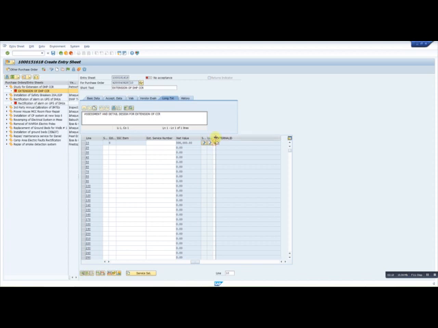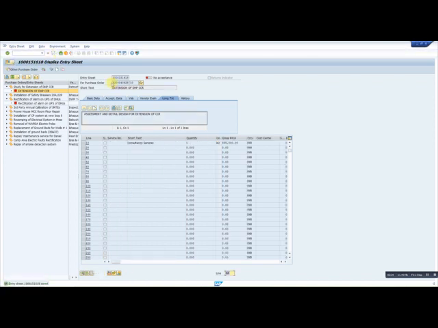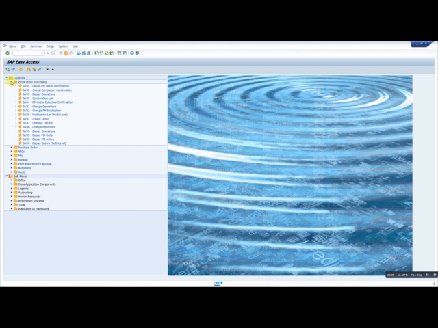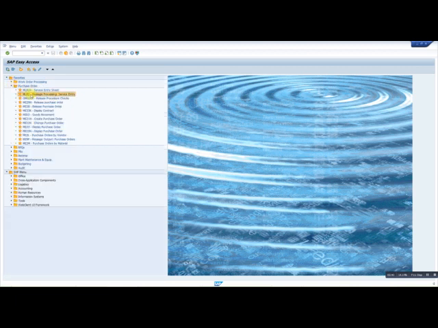The 72 code is for the 13% services tax. Now we will save it. So this is the service entry sheet number which is created, and we can check it here with the command ML83.